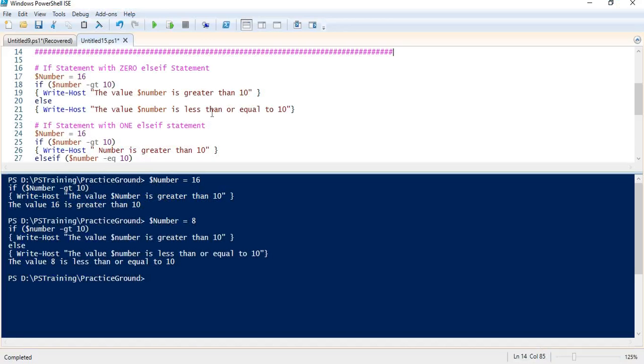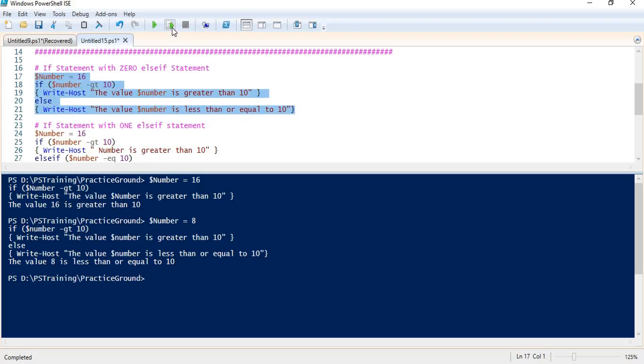Again, I have written this code beforehand just for sake of time. So again, I'm creating a variable and assigning a value to it as 16, and I'm using if statement to evaluate a condition. If my condition is true, run this code. If it is false, run this code. But if you can notice, I'm not using any else if statement in this because I'm not evaluating any additional condition.